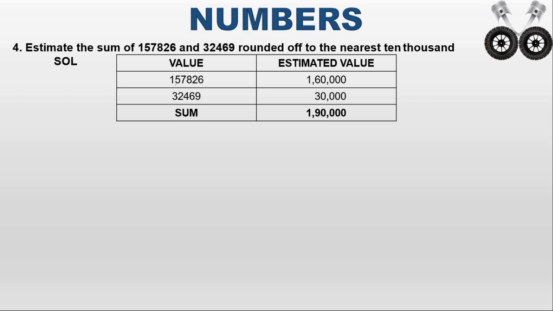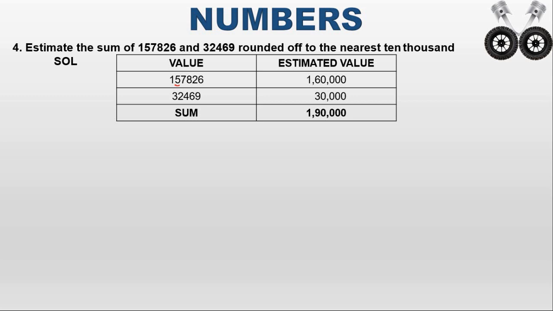In the 10,000 portion we have the value 5. So you have to look at the right side number, that is 7. So 7 is greater than 5. That means you have to add 1 to that number. So it will become 1,60,000. Okay, so the next number is